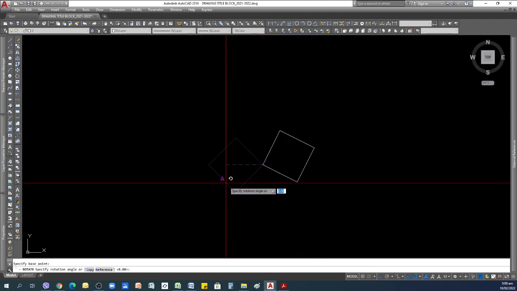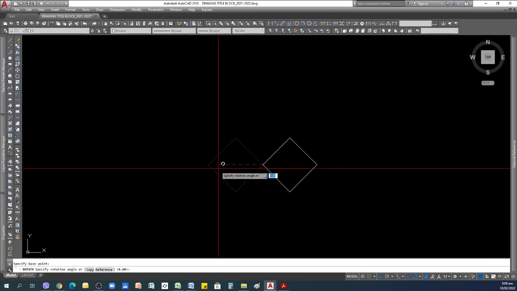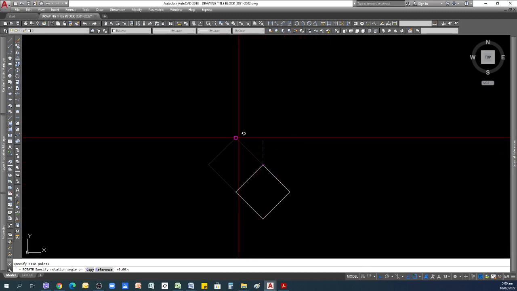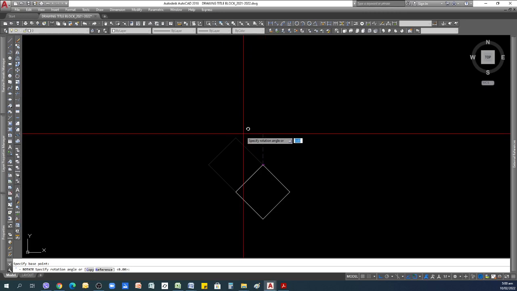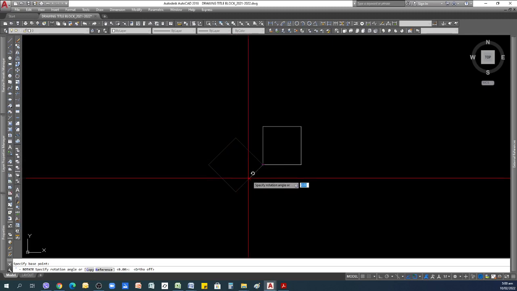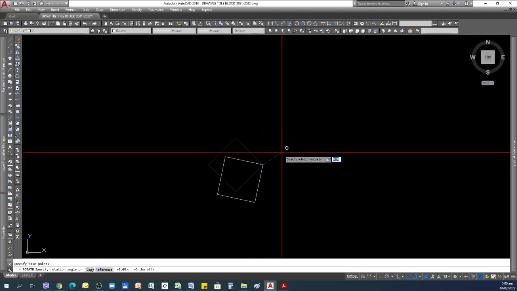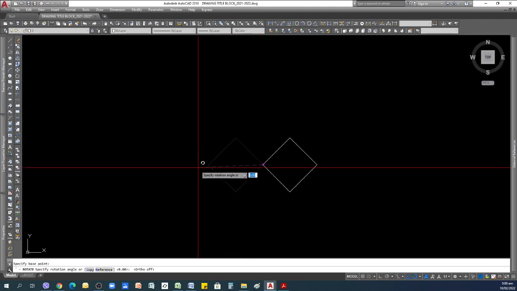Notice that it is moving on a fixed location because the ortho is turned on. If I press F8, now the movement is very smooth because the ortho is not locked to horizontal and vertical